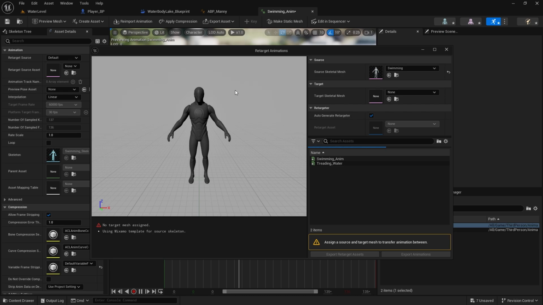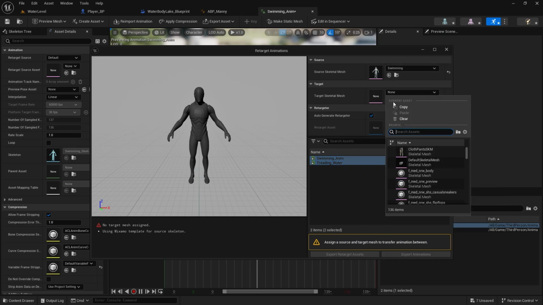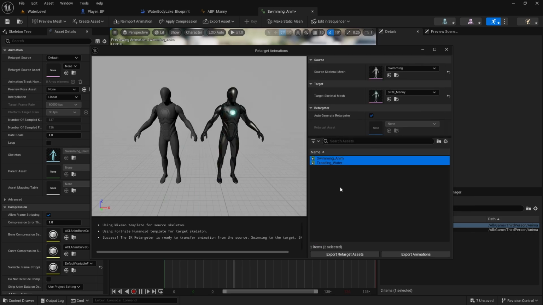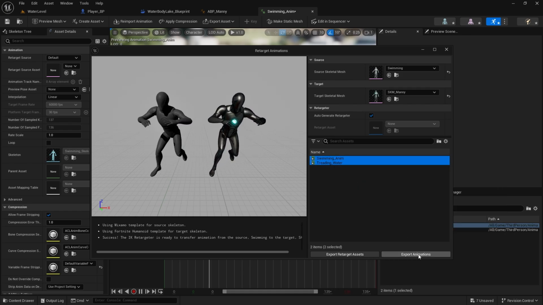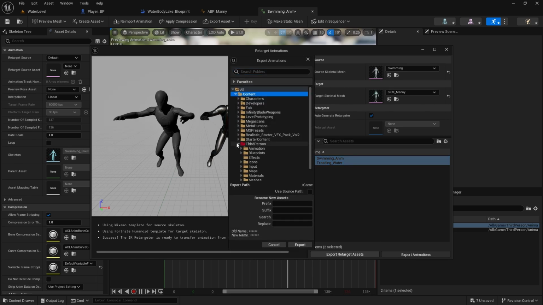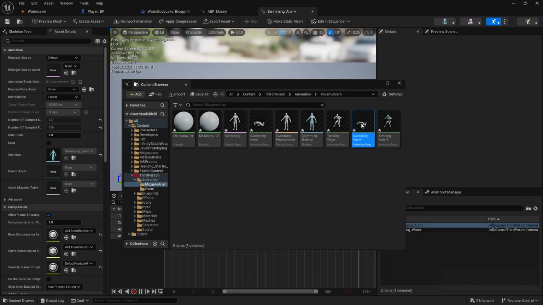Since I think Unreal Engine 5.3, they made it really easy. Before you had to select each bone and match it to the rotations and stuff like that. And now all you have to do is just select these assets. Select the target skeletal mesh, which for us is SKM money or queen, whichever you're using if you're using female. So I'll select SKM money, and with both assets selected, you can also open it to see what it will look like. You can just export animations. I'm going to use the same folder, Click.o, for now, so export it, and here export as well. And now we do have these two assets,